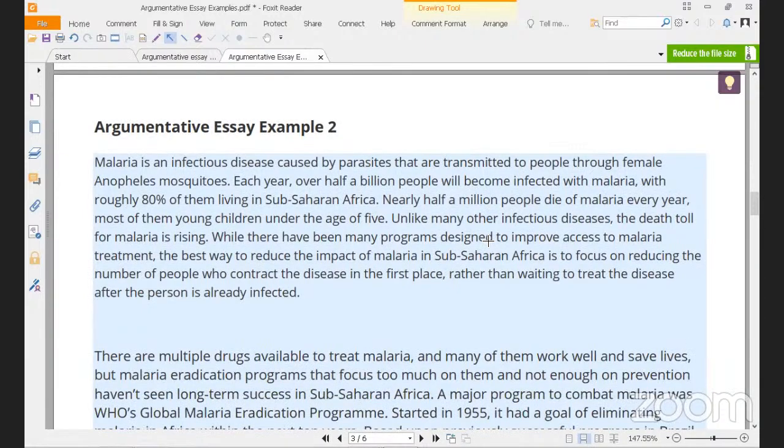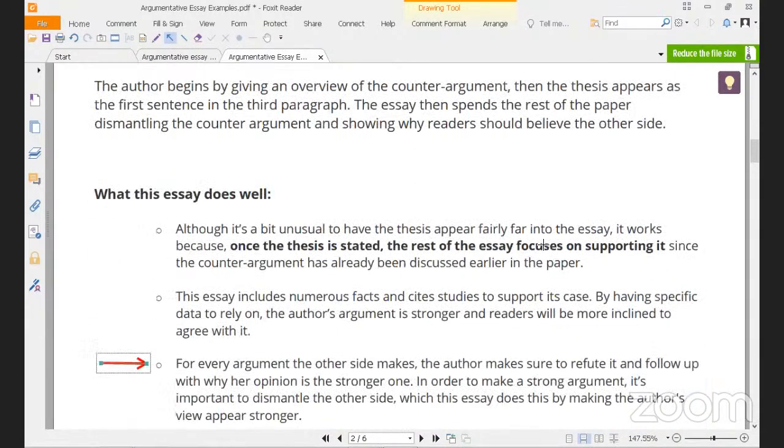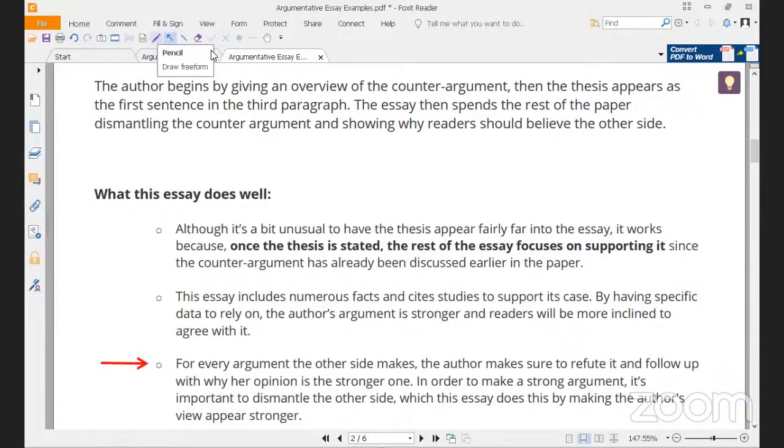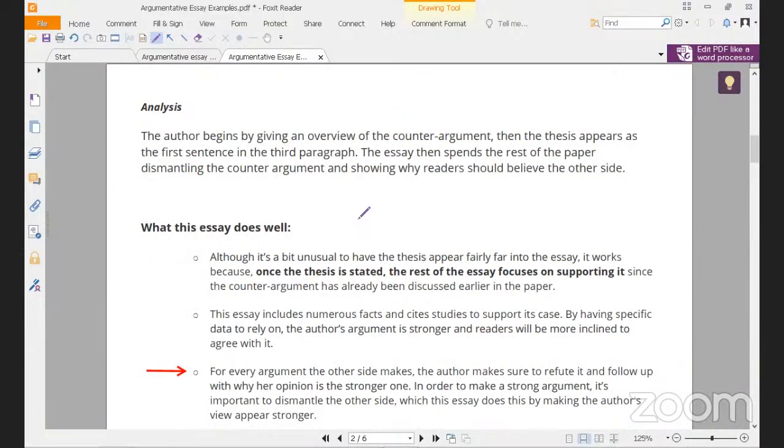Okay, so argumentative essay number 2, read about it, and don't forget your analysis: what this essay does well and how this essay could be improved. Let me write it here. It's not giving me a chance, but I guess I'll close it and open it again, and I'll put it here. Okay? But yes, you can start now. Look at the WhatsApp group and start reading.